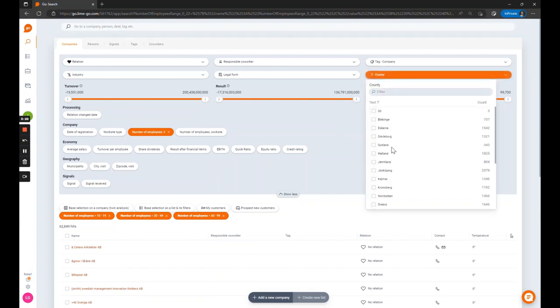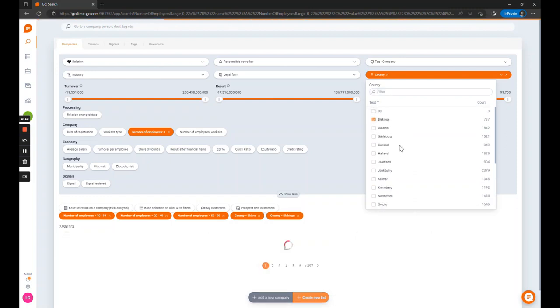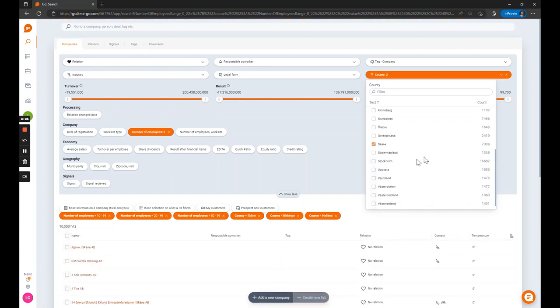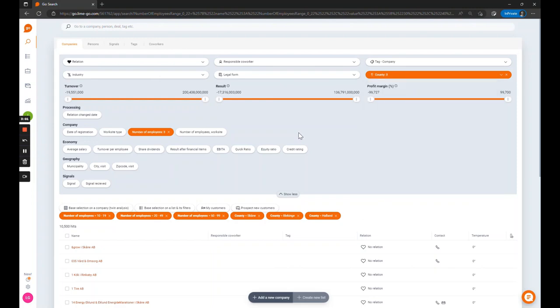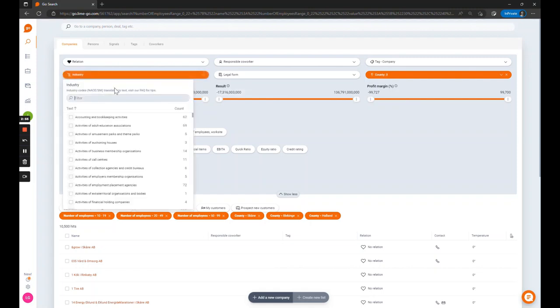Let's say, okay, in this case, I'm looking at Swedish companies. So let's say for me, it's interesting to take a look at companies that are based in the southern part of Sweden. So it might be this and that. I might want to add something else, but this is a good start. Let's say 3 counties. So right now I have a big hit, so I want to narrow that down even further. So I'm going to search for